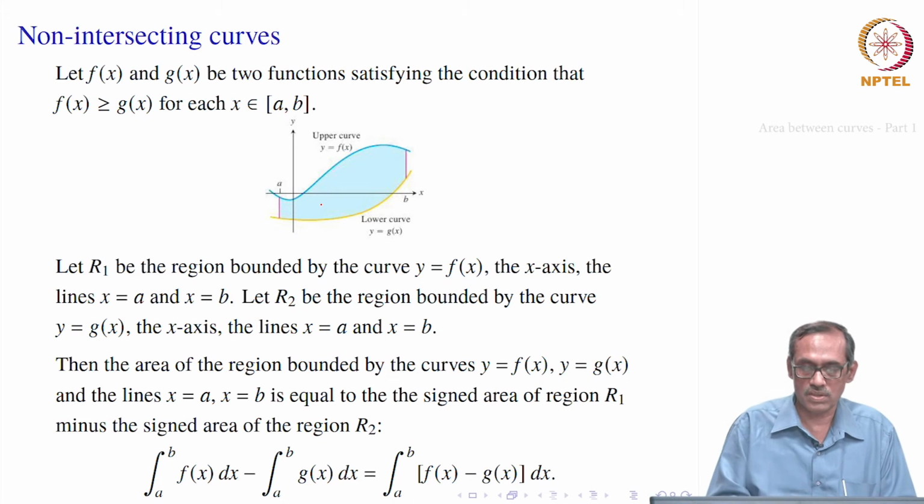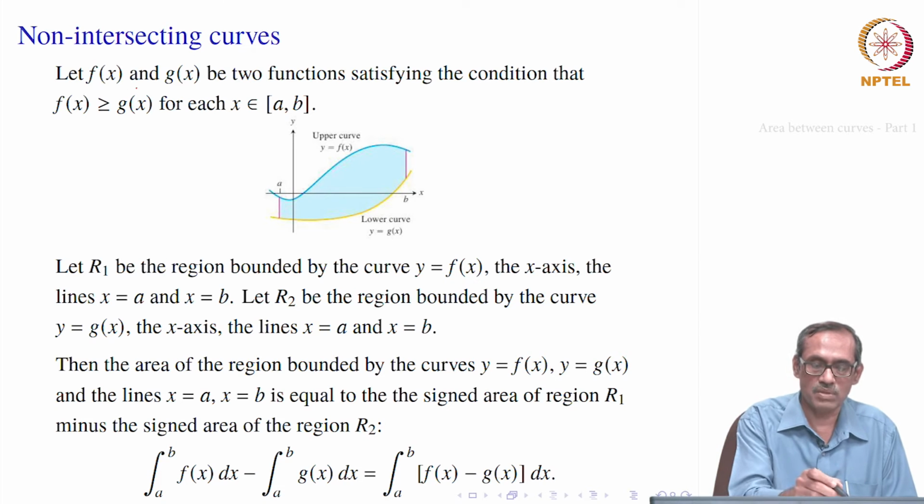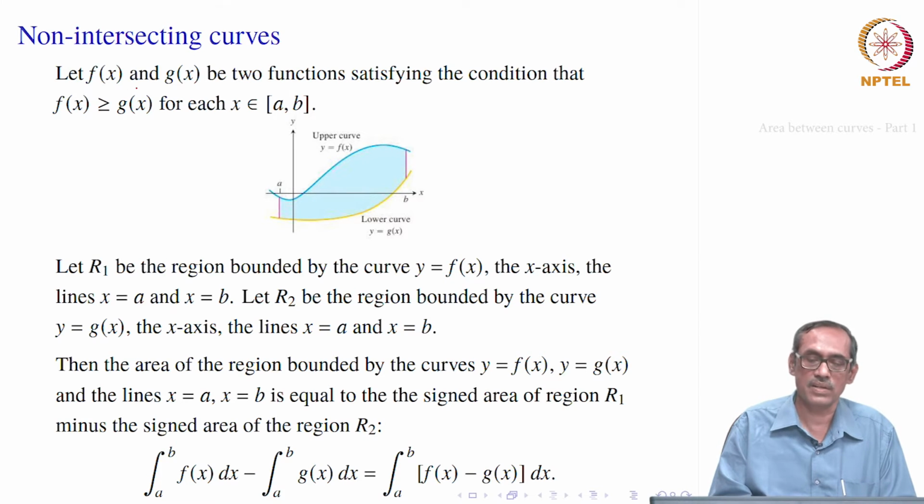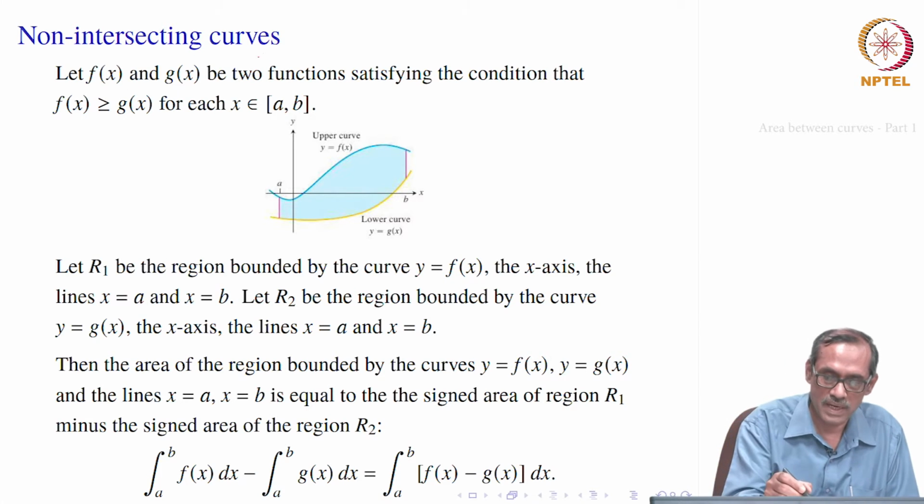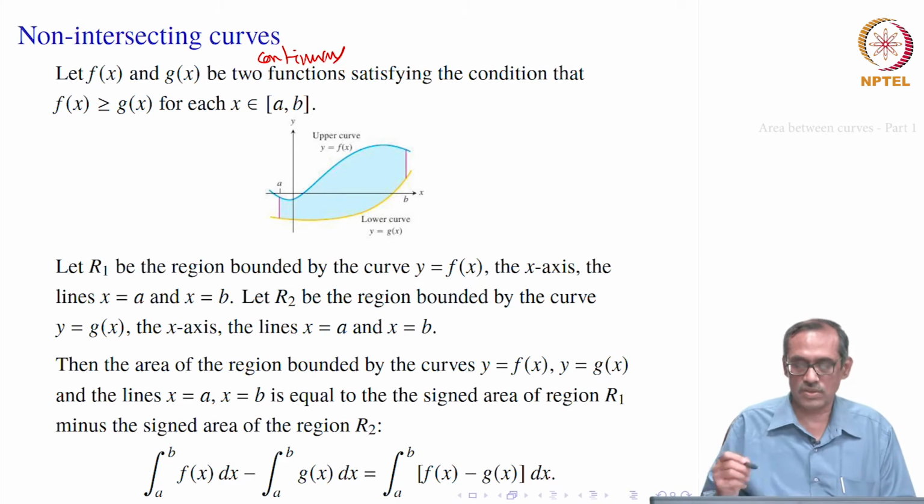So, we will be using this in many examples and see how one curve is lying above the other. So, you get one of them, f of x is greater than or equal to g of x for each x in [a, b]. That condition is required, and of course, integrability conditions should be satisfied. We usually assume that f of x and g of x are continuous functions, so you may say continuous here itself, so that these integrals are well defined.